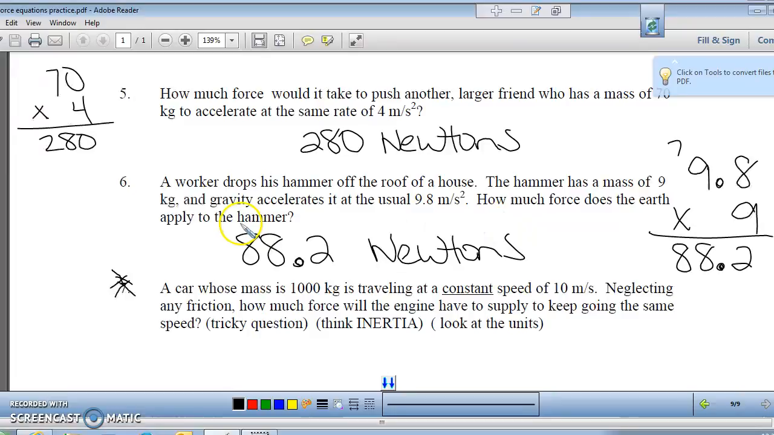I do also want to talk about real quick on number 6. Make sure that you put the longer number first. 9.8 should be first. Check your answers, check your units. Let me know if you